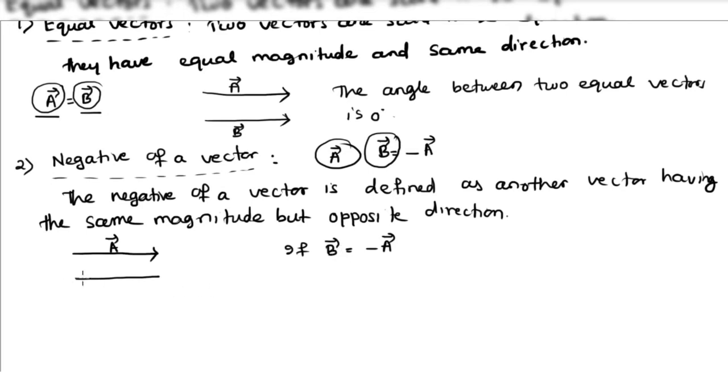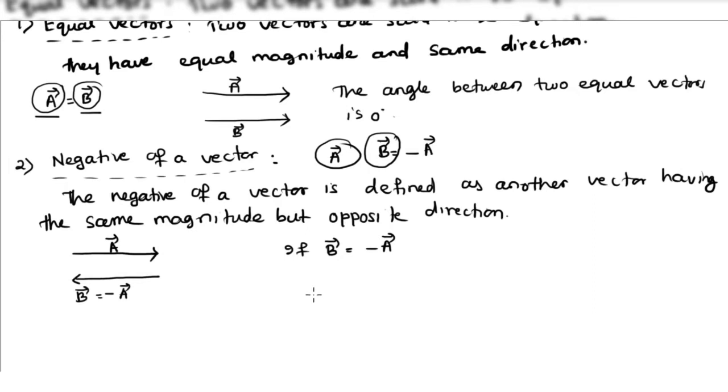So if I give arrow mark in this direction, then you can see that the second vector is oppositely directed to the first vector. So this one will be minus of A vector, or this is equal to B vector, which is the negative of A vector. But you can see that the length of the two lines are the same, means A vector and B vector have the same magnitude, but they have opposite direction.